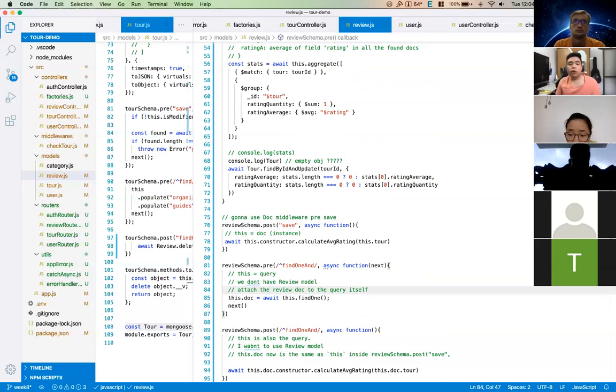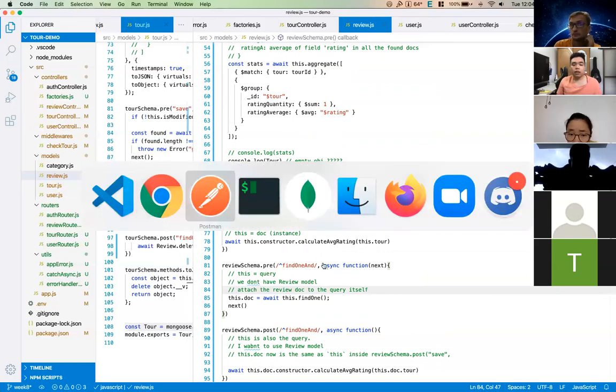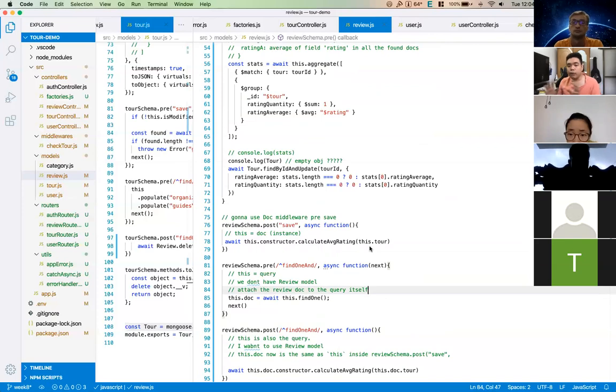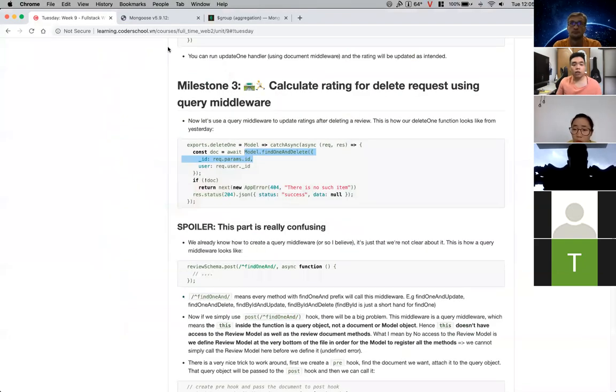Document middleware is about pre and post hooks. Mostly we talk about pre and post, meaning before we save, we do something, and after we save, we do something. Before we findOne and delete, we do something, and after we findOne and delete, we do something. And for pre and post, if you go to the learning portal here,